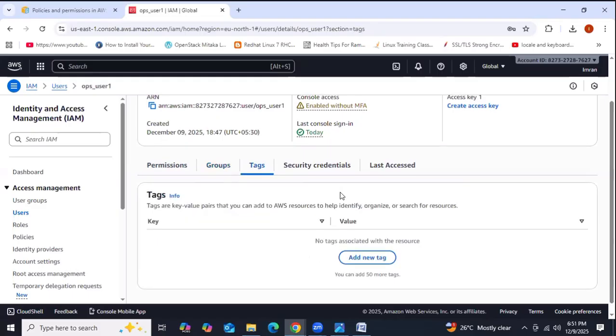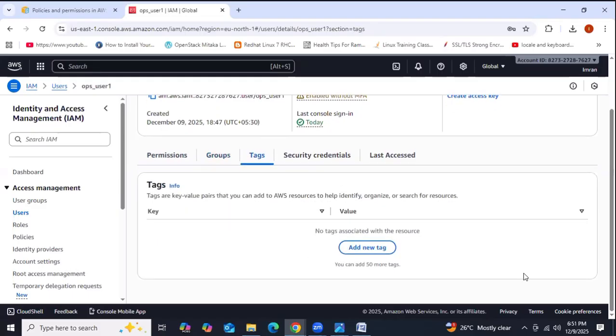And then tags, guys. In a real-time environment, tags are very important. So if you are purchasing any product, it has a price tag, right? I need to purchase goggles, man. Ray-Ban goggles, right? So the Ray-Ban goggles have one price tag.